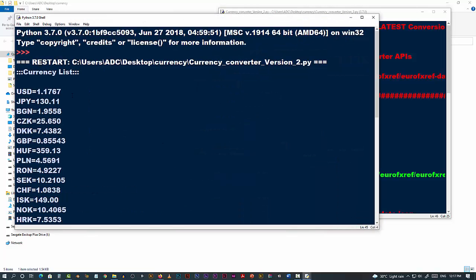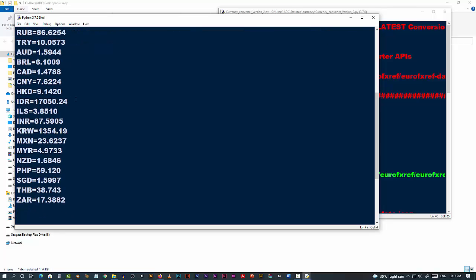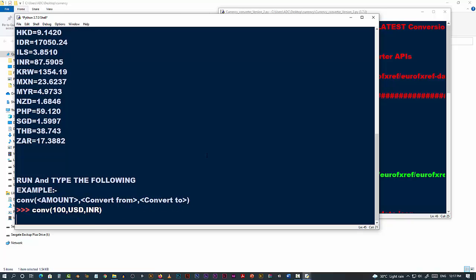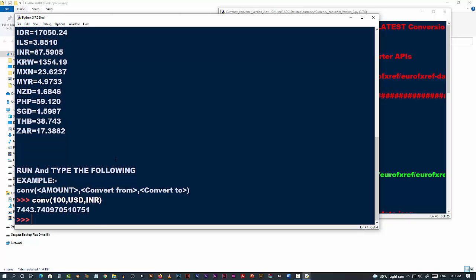It's going to give you the current currency list, and then time. So we'll compare this.